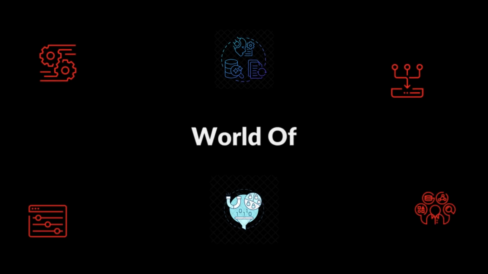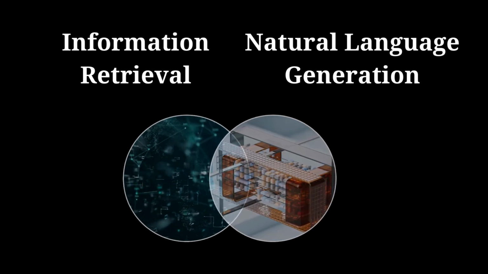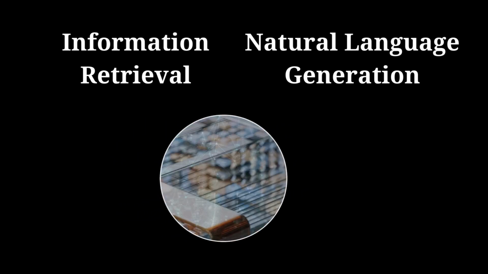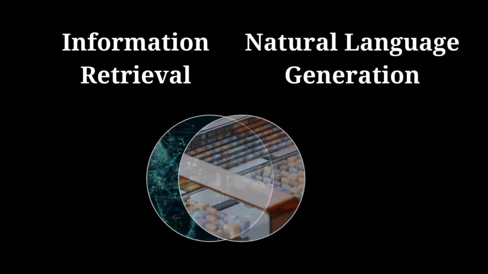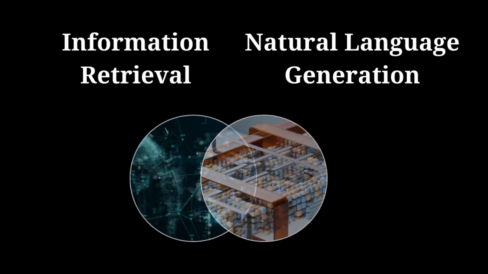Welcome to the world of Retrieval Augmented Generation. This cutting-edge AI paradigm merges the best of both information retrieval and natural language generation to create systems that are not only intelligent but also contextually aware. RAG allows AI to fetch relevant information from a vast corpus of data and use it to generate coherent and